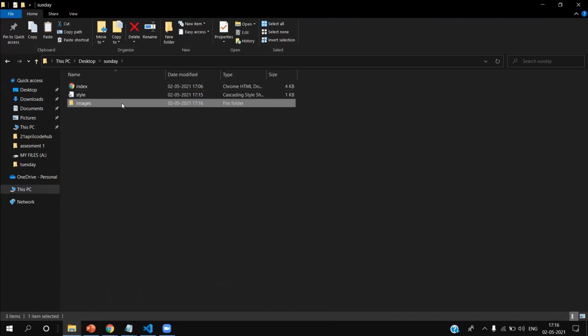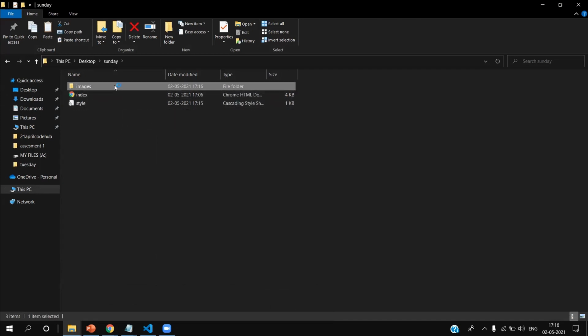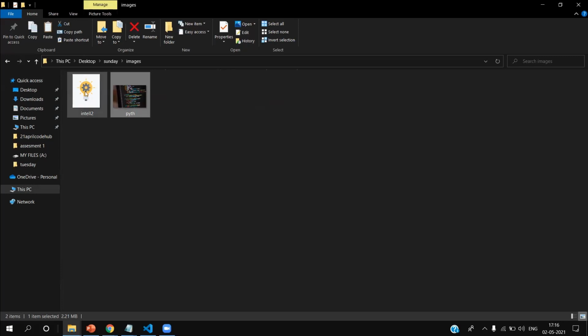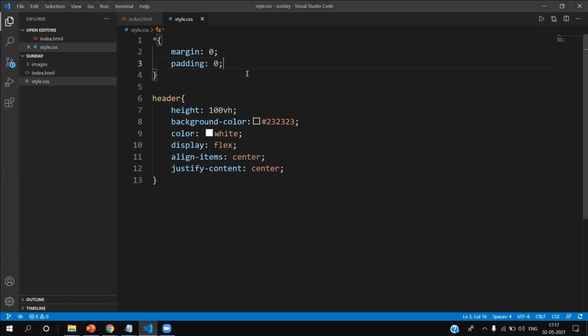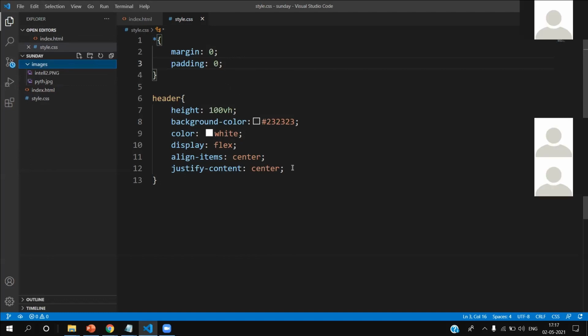Create a folder called images, and I've kept 2 images in it. You can take any image. Now if you see, there is an images folder and there are 2 images here. I'll change the background image now.